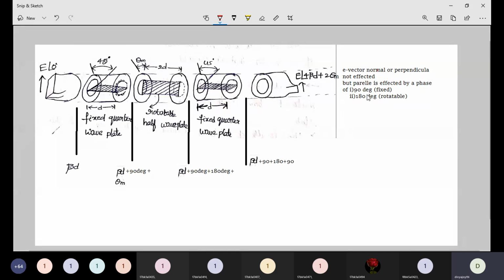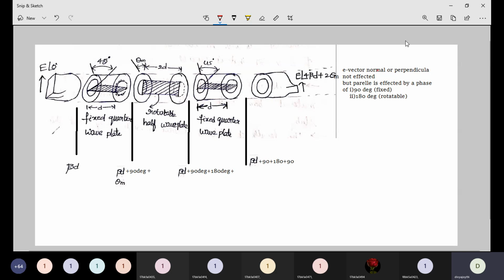What are those key points? When you send an electric wave or a magnetic wave, whenever that wave enters through this particular fixed circular waveguide, how exactly the phase shift is going to be, and when it passes through the rotatable waveguide, how the phase shift will be. Those two are the very important points based on which the entire operation is going to be explained. So you see this,